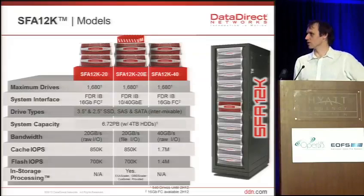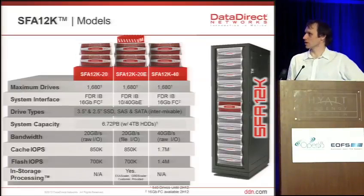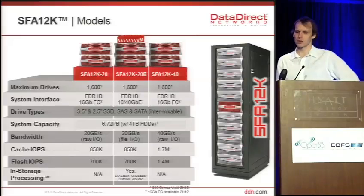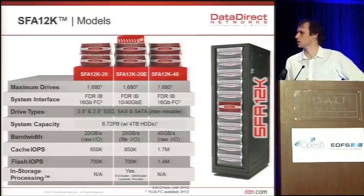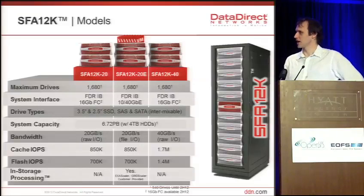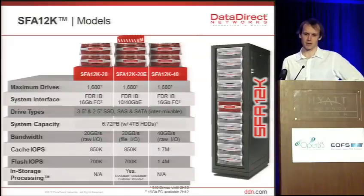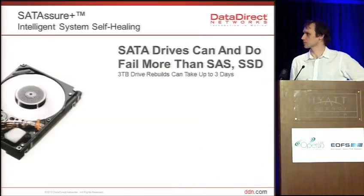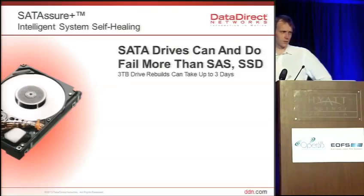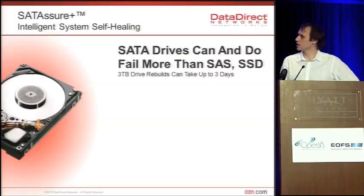This is the full product line that we're coming out with: the 12K, the 12K20 block storage, the 12K20E, which is the most interesting one. We anticipate being the widest adopted, and the 12K40, which is the faster block storage. It'll be interesting to me to see how these are adopted relative to each other, but the embedded is the one that's generating the interest at the minute. There was the talk on the T10 Diff. That's next slide. So